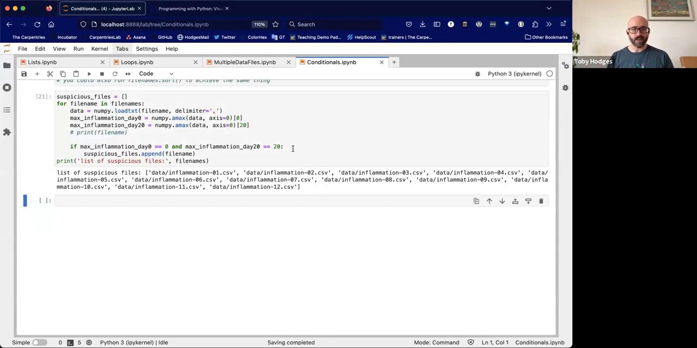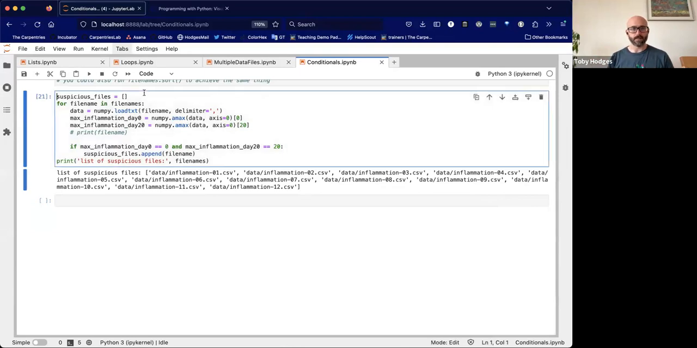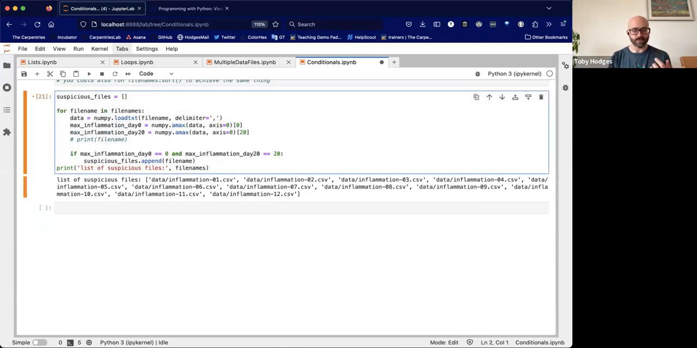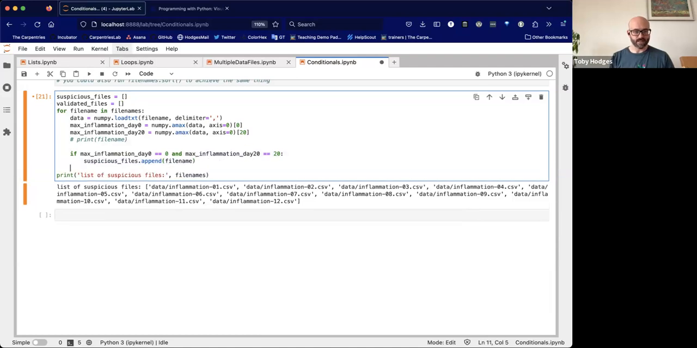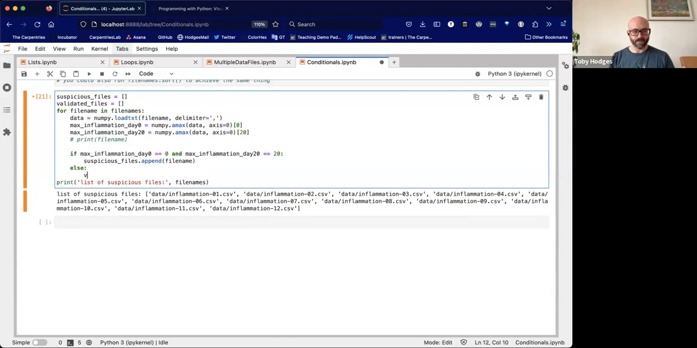And so we'd separate those out. And what if we wanted to not only build up a list of suspicious files, but also build up a list of files that look okay? So we could say, I don't know, validated or something. Validated files would be the other kind. So we'd create an empty list for that. And then, as well as appending the files where the conditions are met to the suspicious files list, we could say else validated files dot append file name. And then we can say these